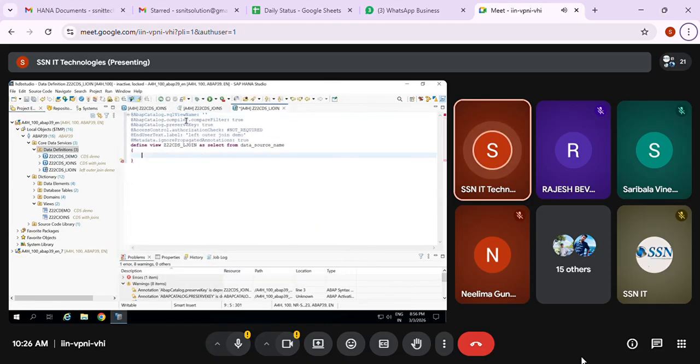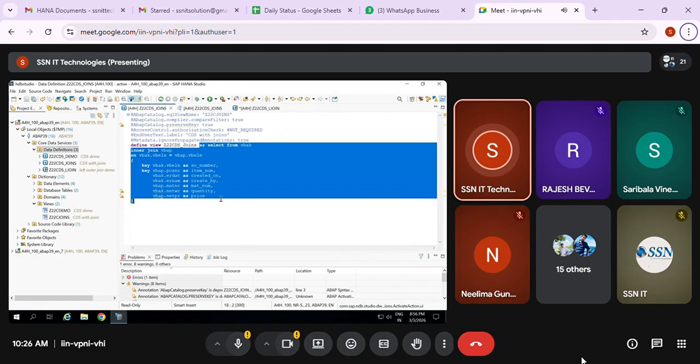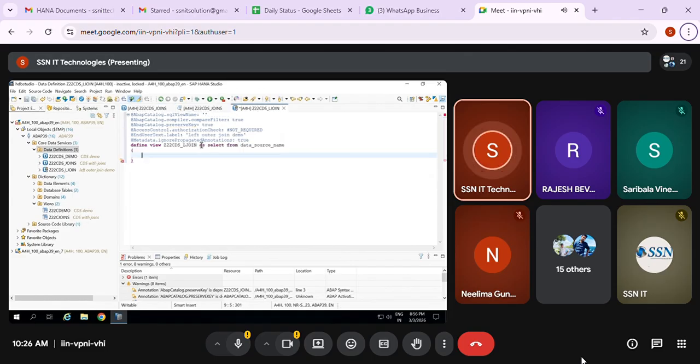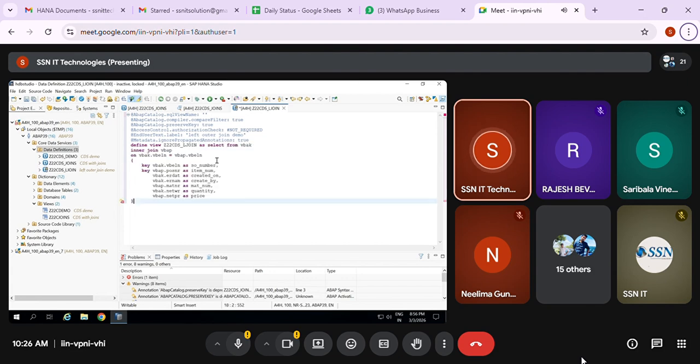So instead of writing the logic again, I'm just going to copy the select from with the fields and all as it is, go here, and paste this code, and use left outer join instead of inner join.